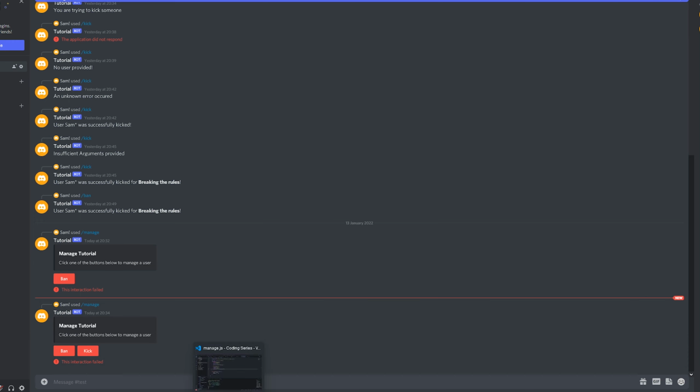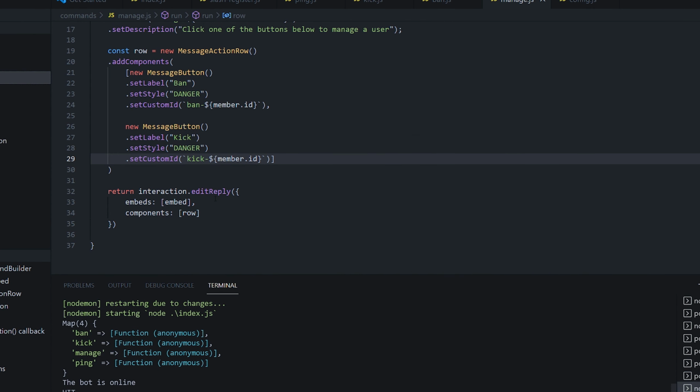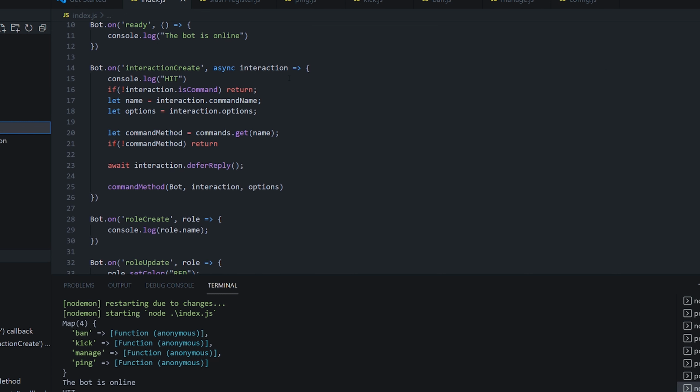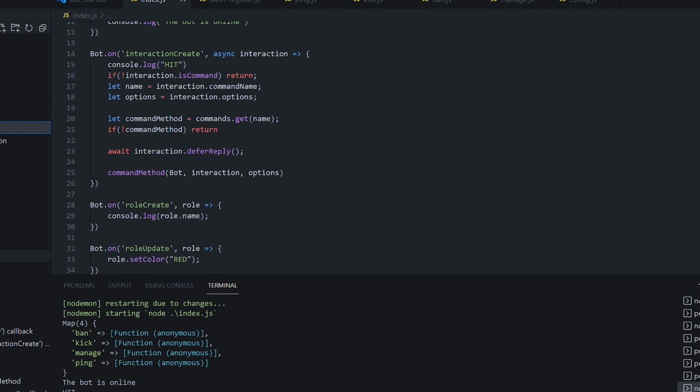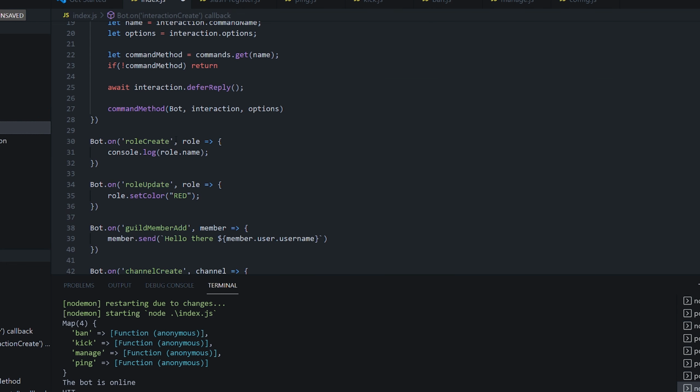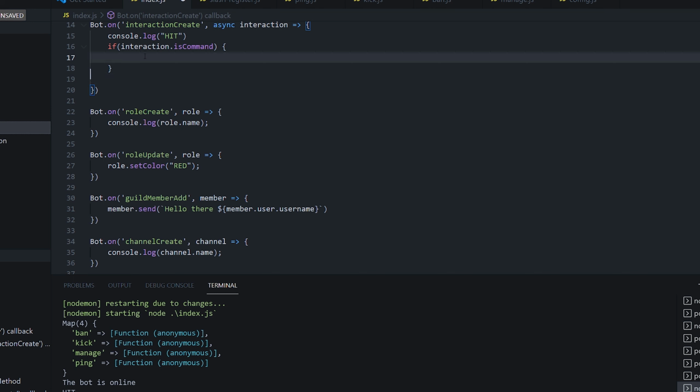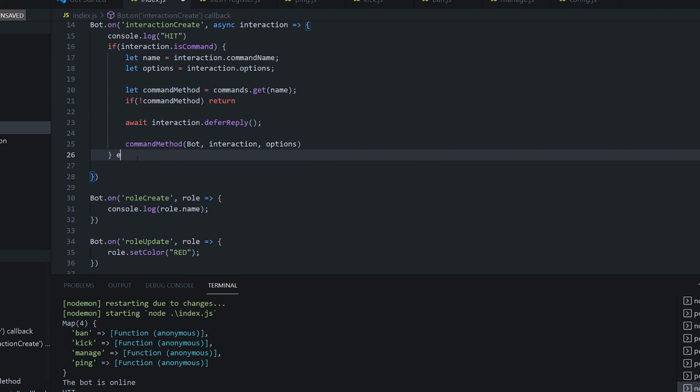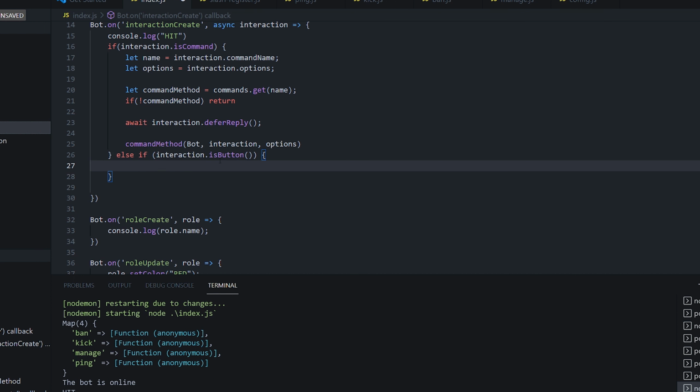So our next thing to do is to handle whenever someone clicks these buttons. So we'll head back to our index.js file, and we'll see here that currently we're doing if the interaction is not a command, return. So what we need to do is change this to if interaction is command. Then we want to do exactly what we've been doing before, so we'll put this code into here. Then we're going to do else if interaction.isButton. So otherwise, if the interaction is a button being clicked,